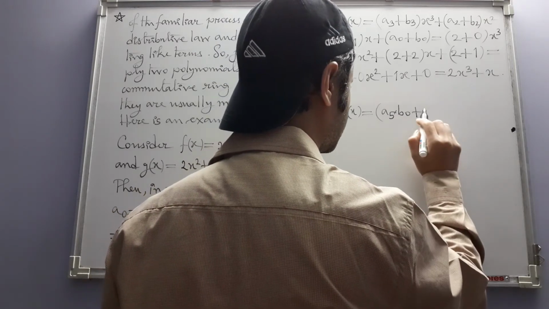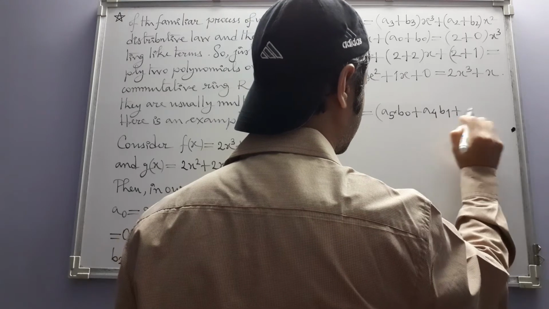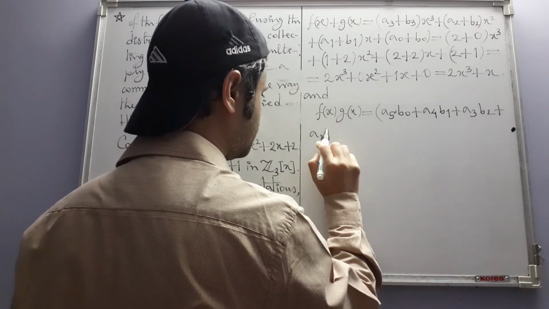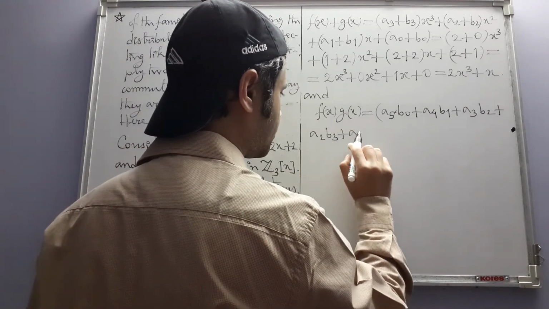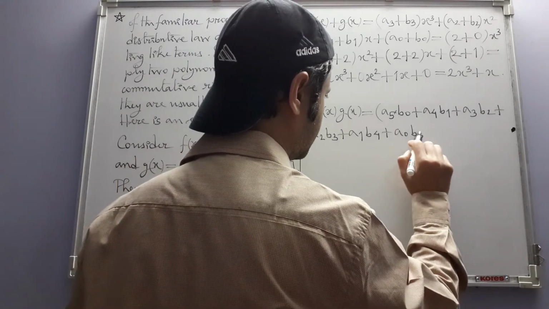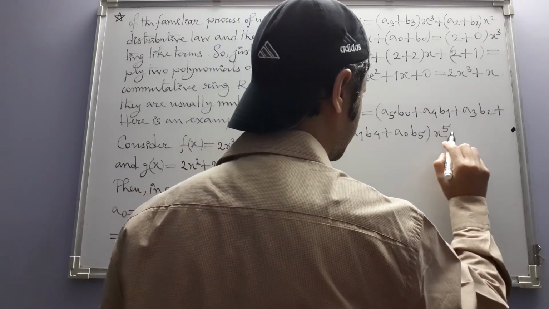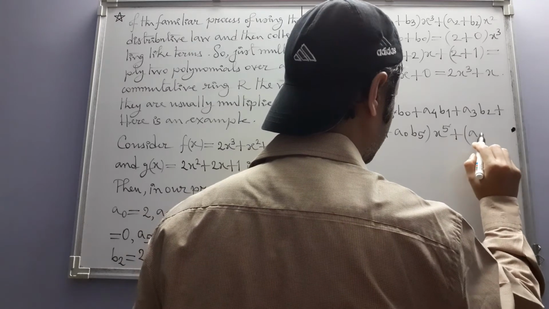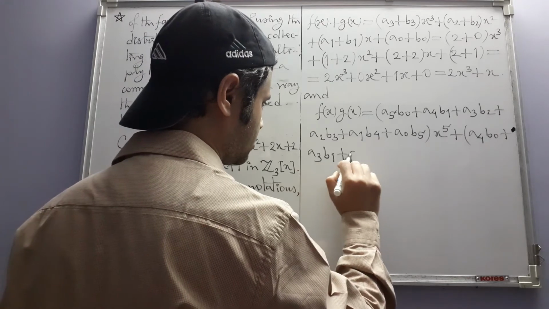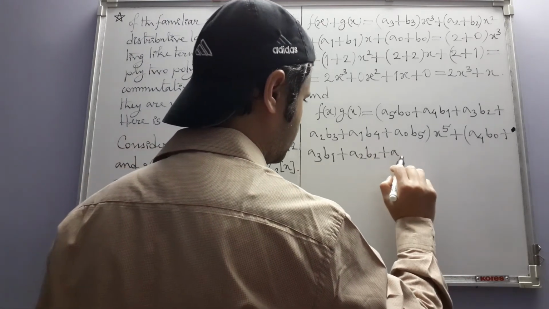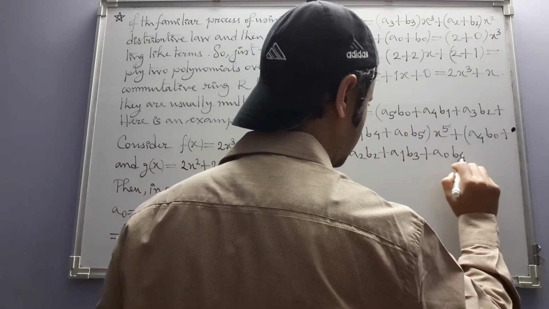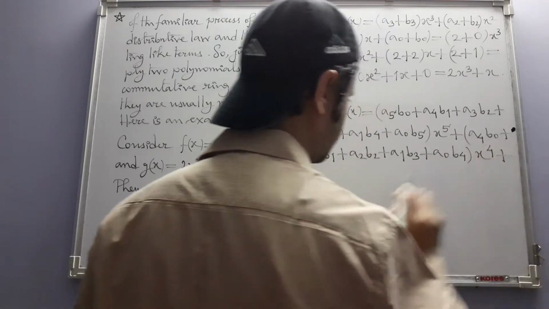A5 B0 plus A4 B1 plus A3 B2 plus A2 B3 plus A1 B4 plus A0 B5, times x to the power 5, plus A4 B0 plus A3 B1 plus A2 B2 plus A1 B3 plus A0 B4, times x to the power 4, plus